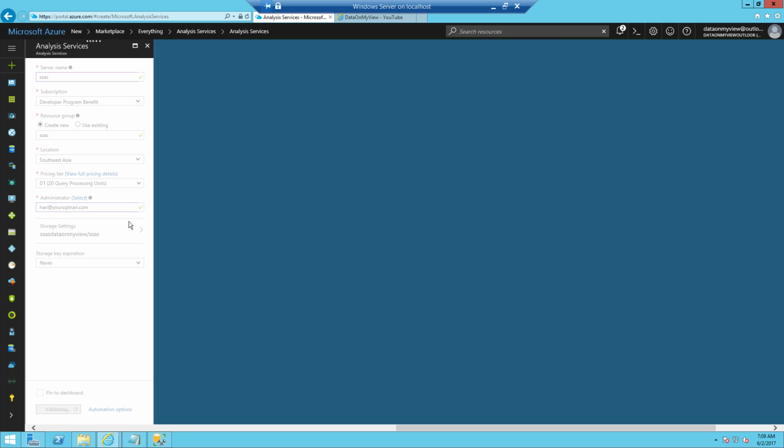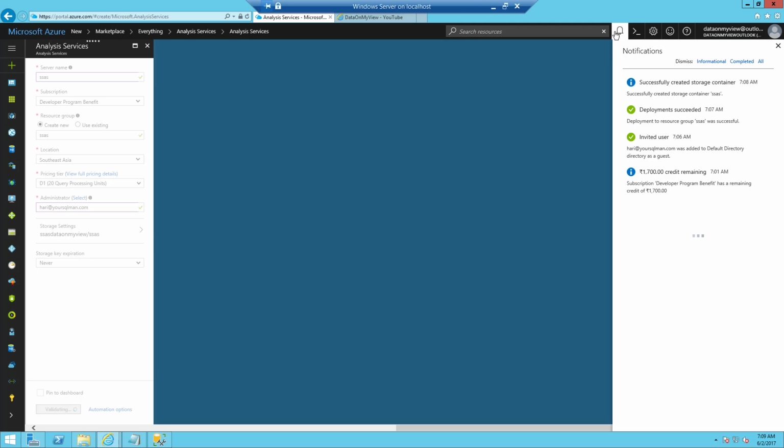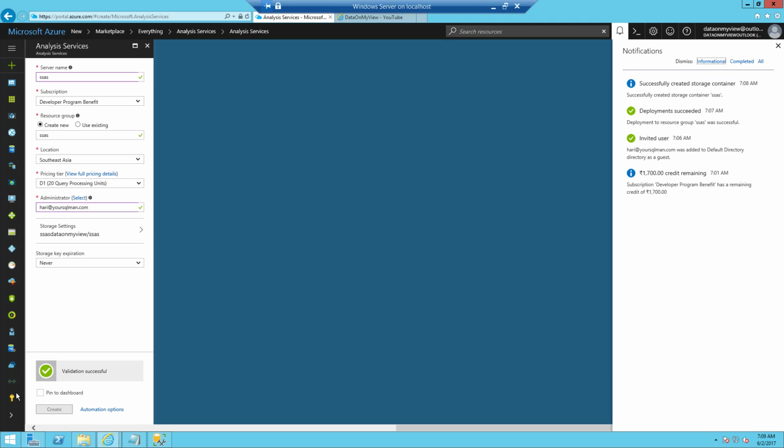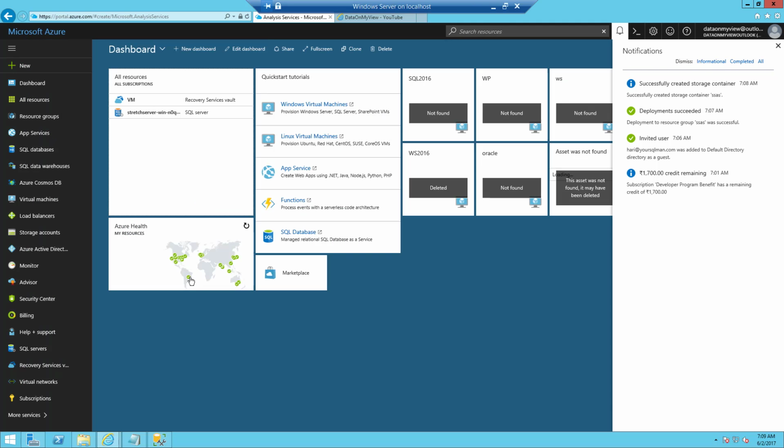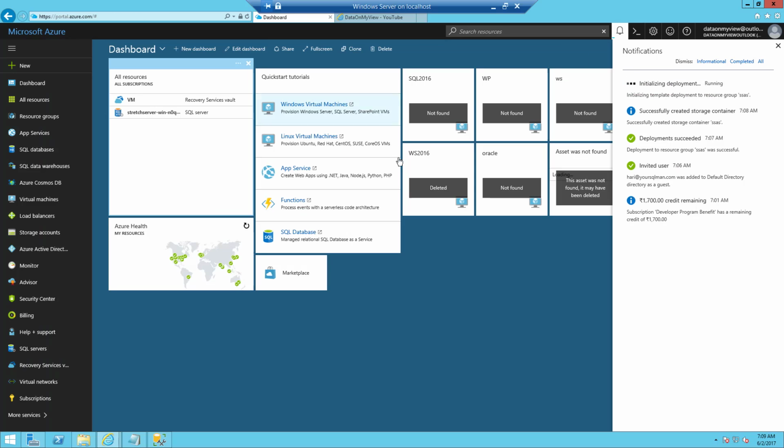It is going to take a few minutes to create these analysis services. Once it has been created, you can directly connect to that service. Validation is successful, and here you can see the deployment is installing, so it is creating the service.